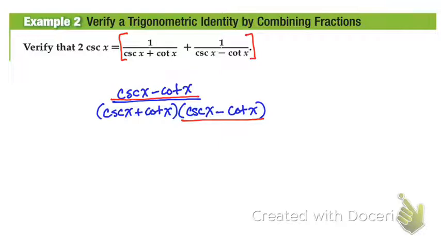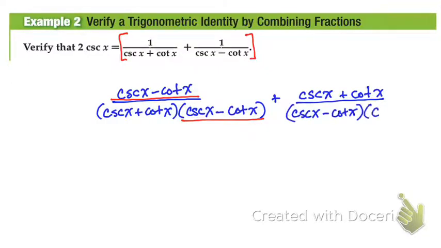Okay, and then for my other fraction, I'm going to multiply by cosecant x plus cotangent x. And the denominator is going to be cosecant x minus cotangent x times cosecant x plus cotangent x. And over here, this is what I've multiplied by. Okay, this looks crazy,